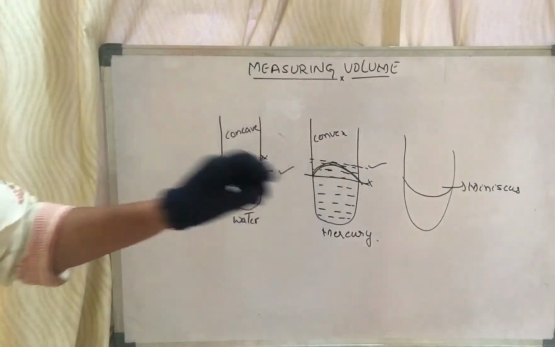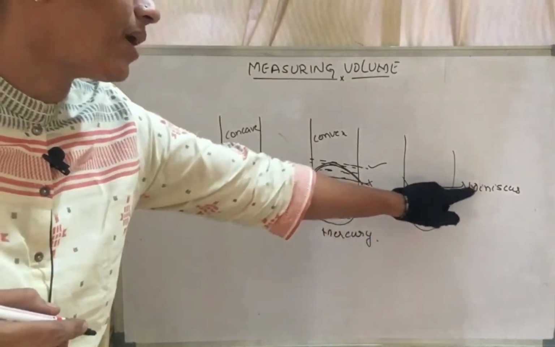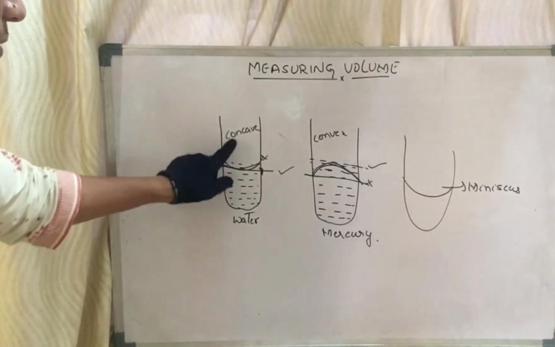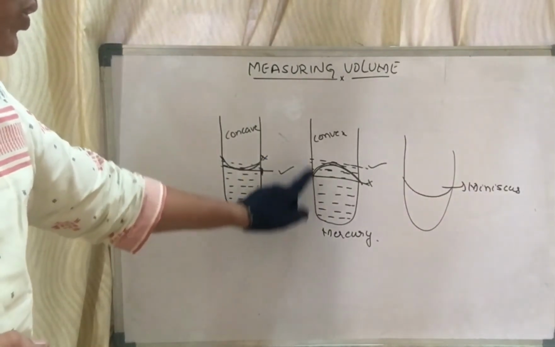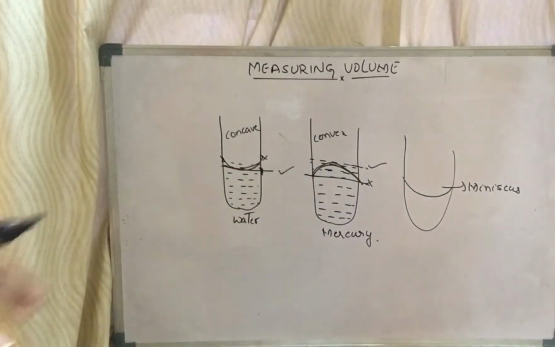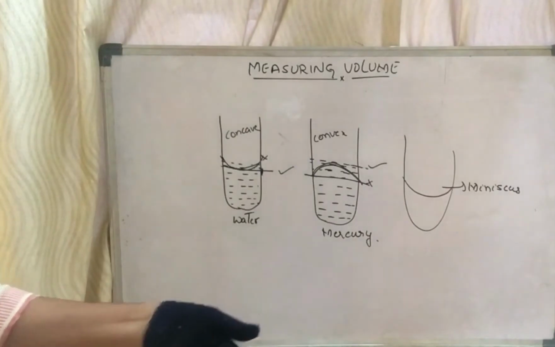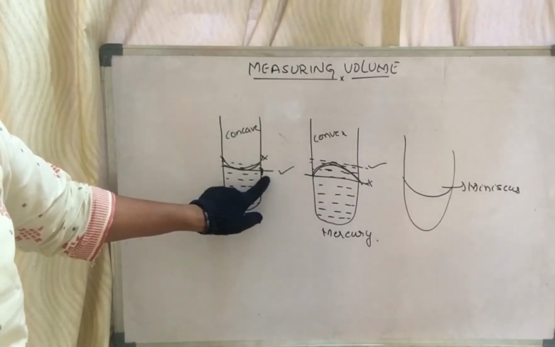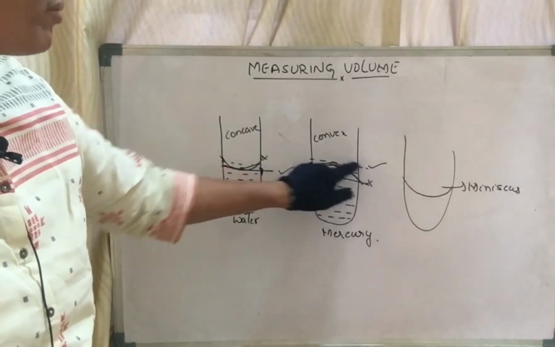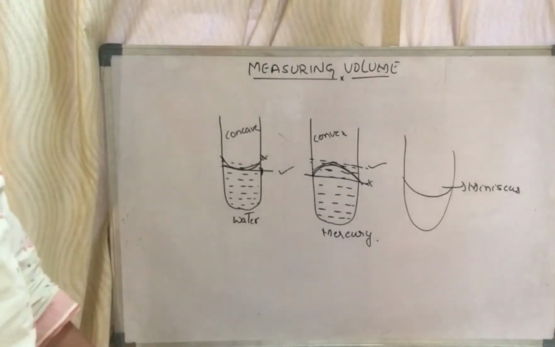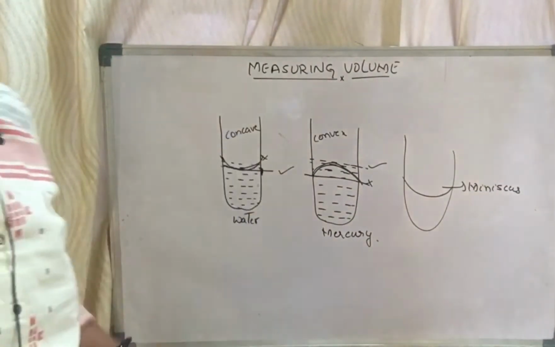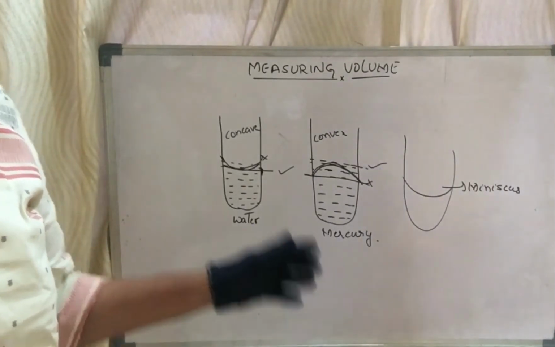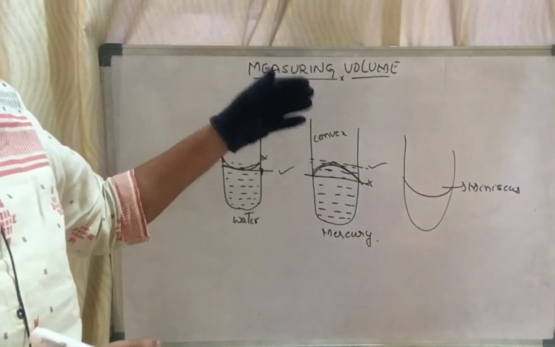I hope you have understood. Let me explain once again. The curved part is the meniscus. This curve depends upon the liquid we are taking. If you take water, you will get the concave curve. If you take mercury, you will get a convex curve. Convex is nothing but the bulge. Concave is like a cave part. So when it is concave, the bottom part is the level of the liquid which you have to take. For convex, you have to take the reading at the upper part, not the down part. This is how you measure the volume of liquid in a glass jar or in measuring beakers. You have to consider the meniscus accordingly. Concave, the lower part; convex, the upper part.